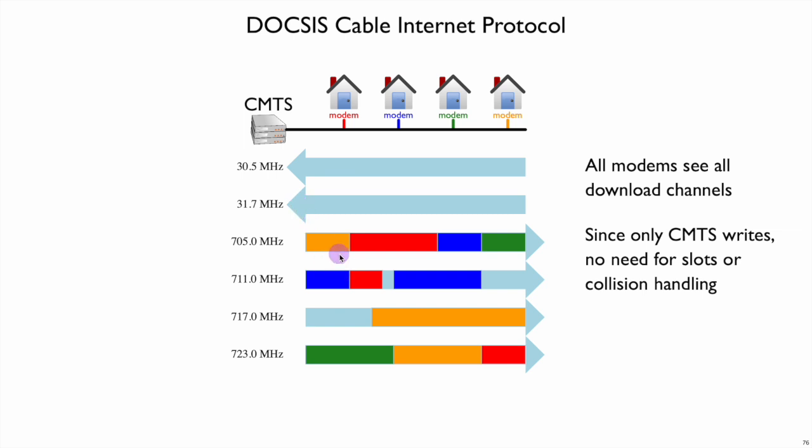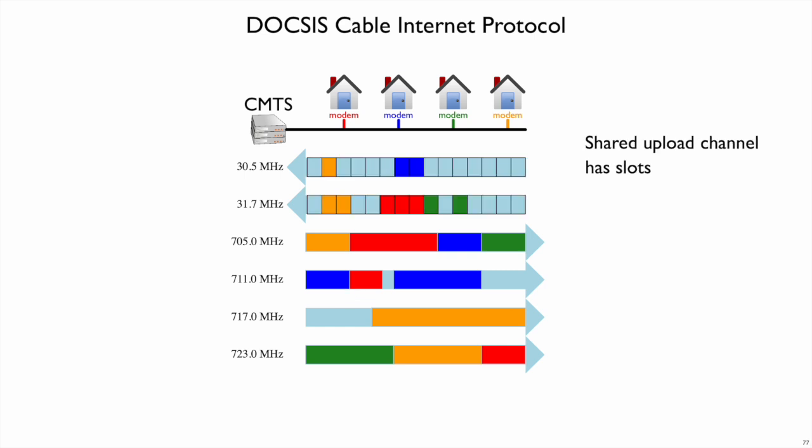So we don't even need slots because, again, the CMTS is totally in control. These modems at the houses just need to be able to recognize coherent frames, not necessarily synchronized on a particular boundary. On the upload side, we are going to use time division multiplexing because we have multiple cable modems that are all sharing that wire and that need to communicate. So we do need a form of negotiation, and the first step of that is going to be the time